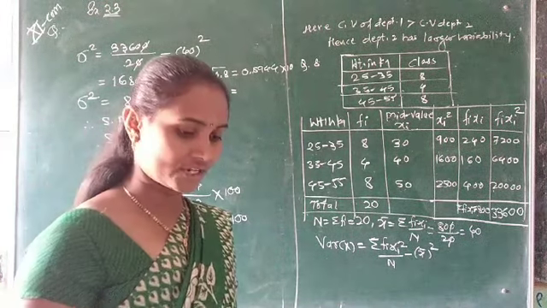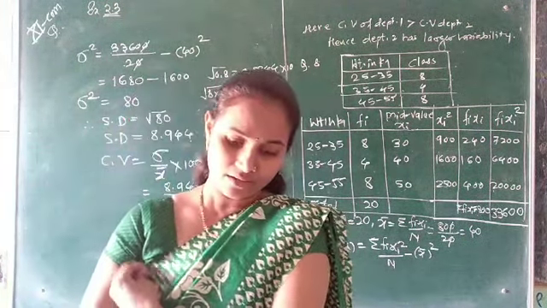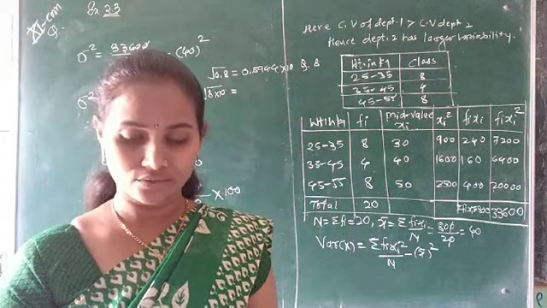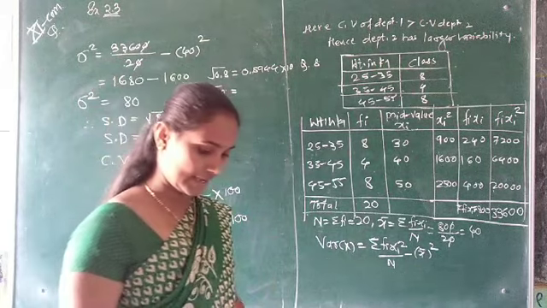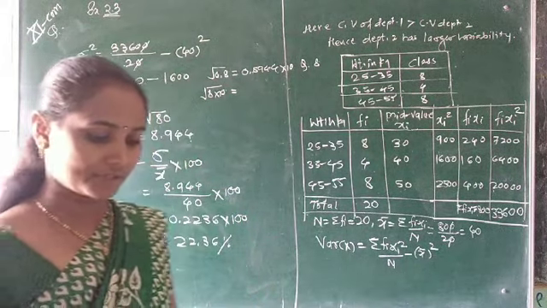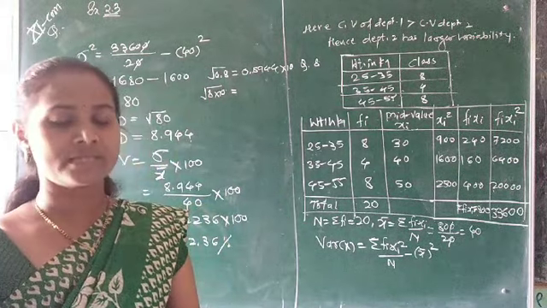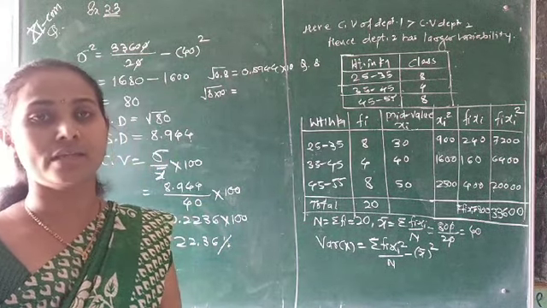Compute coefficient of variation for team A and team B. Here we have given the values of root 60 and root 22, which we use to solve the example. Here we have given the two teams, team A and team B, and we have to find which team is more consistent.